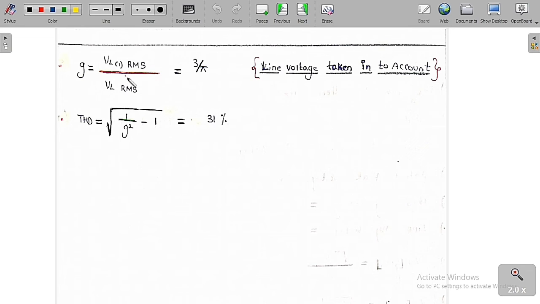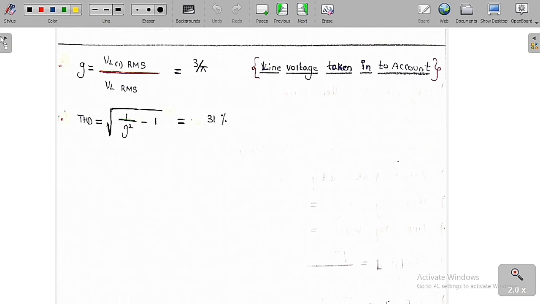So G is equal to VL1 by VL, or you can see it is a ratio of the RMS value of the fundamental line voltage by the overall RMS value of the line voltage. As we already know the value of VL, I have already told you the line voltage RMS value, which is square root of 2 by 3 into Vs, and also we know the expression of the line voltage. So the fundamental RMS value is